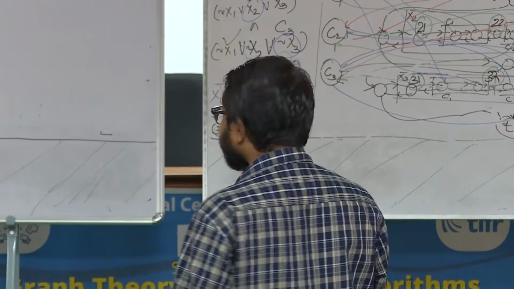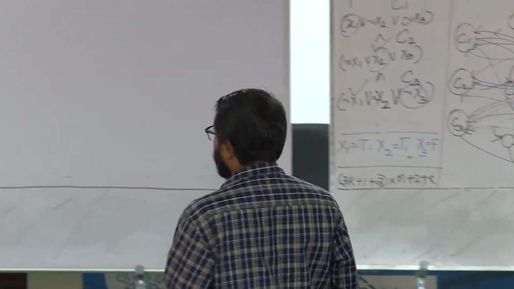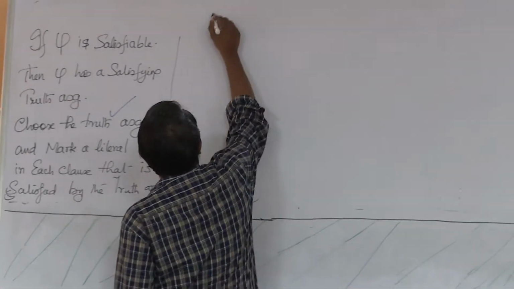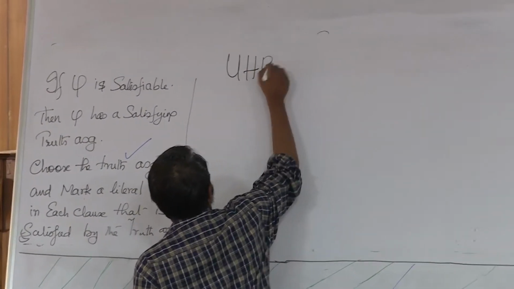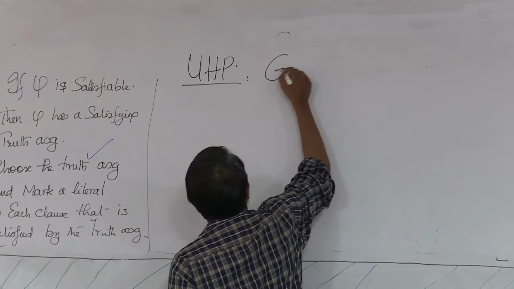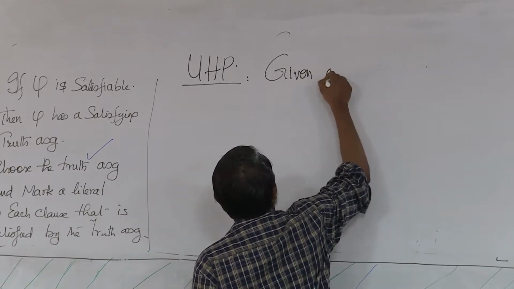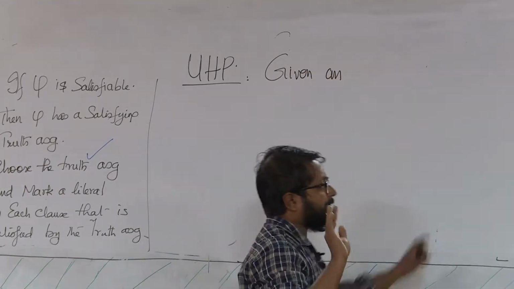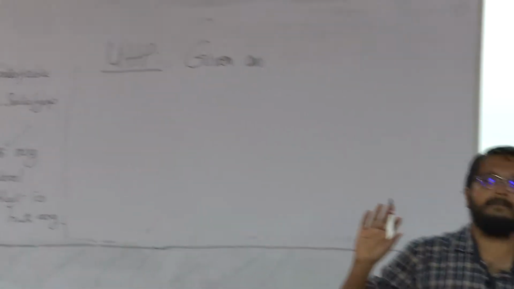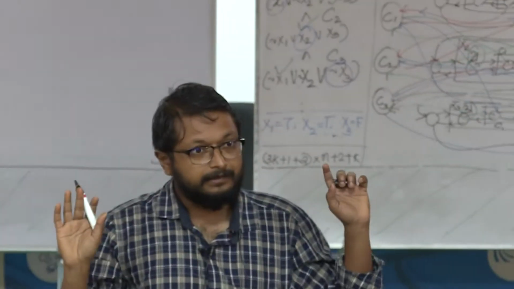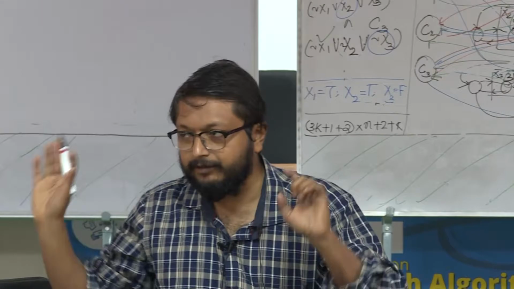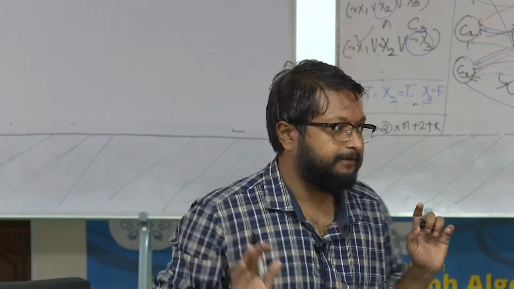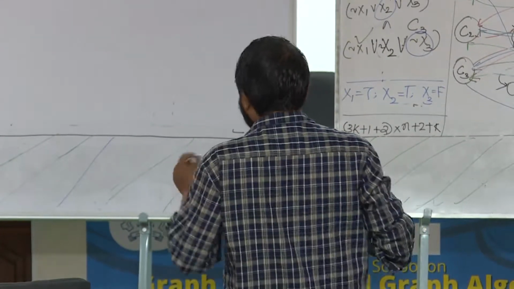Okay. So I'll define UHP. Given an undirected graph. So we have completed the proof that directed Hamiltonian path is NP hard by reducing from 3SAT, correct? So given an undirected graph,